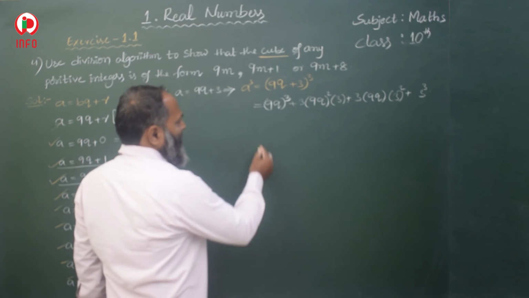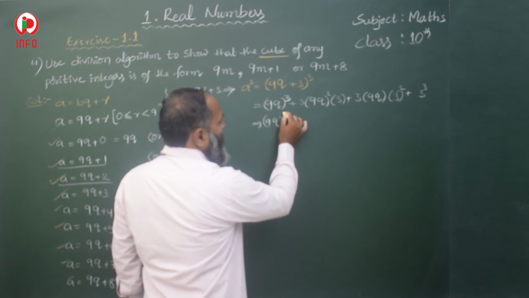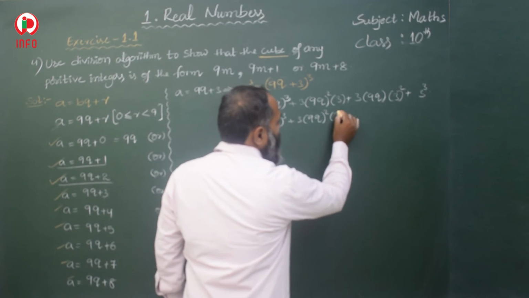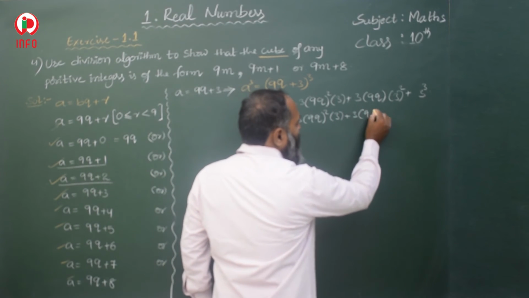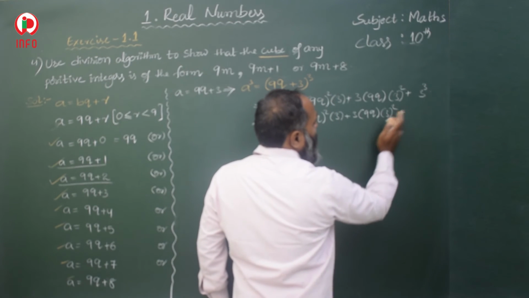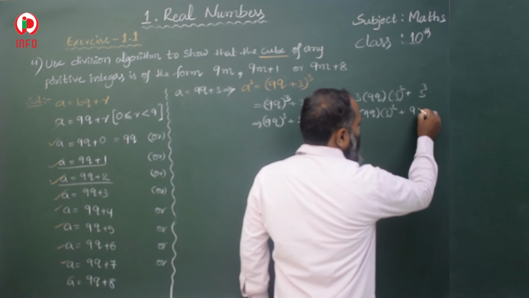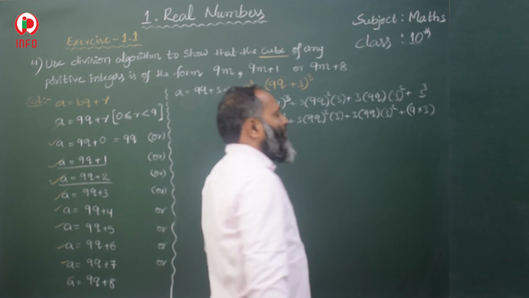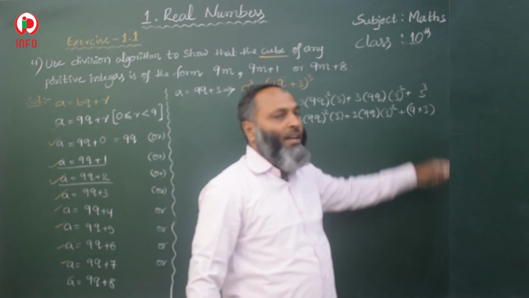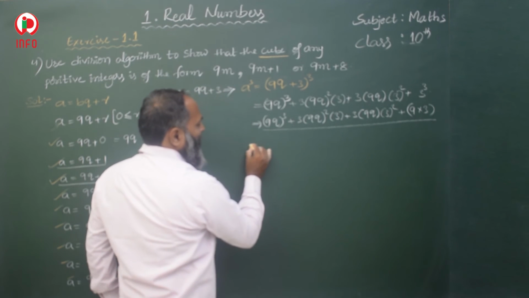So now here, 9 cube whole cube, same 3 into 9 cube whole square into 3, same 3 into 9 cube and 3 square, same, and here 3 cube. 3 3 is a 9, 9 3 is a 27. Means 9 into 3 we can take. 27 means 9 into 3 we can write.